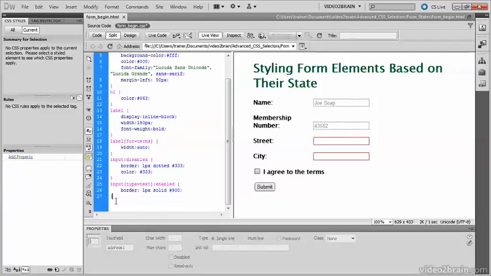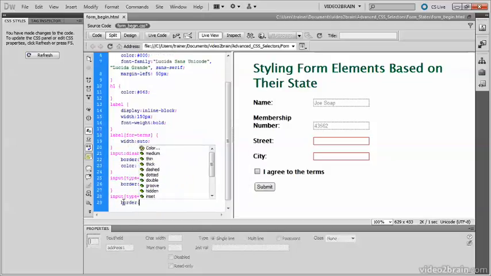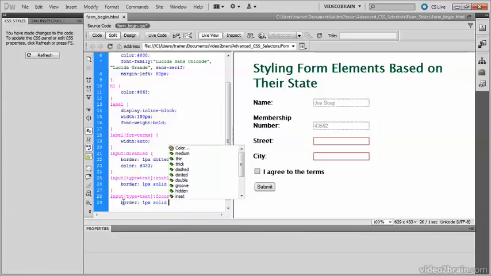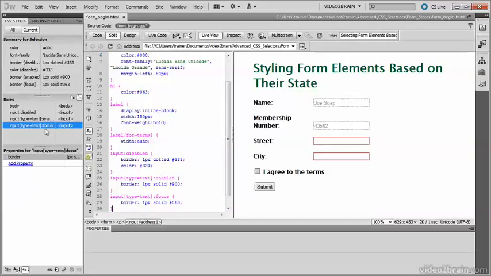Now it'd be nice to indicate if a field has focus by using the focus pseudo class. So let's create a rule for that. So when the field has focus, we'll have a green border around it. Now what I would like to do is to give a box shadow to the field when it's got focus, and it's a bit difficult to create the box shadow directly in code view. So what I'm going to do now is refresh CSS styles. I can now select the focus pseudo class here, and I need to go to the category view because that's